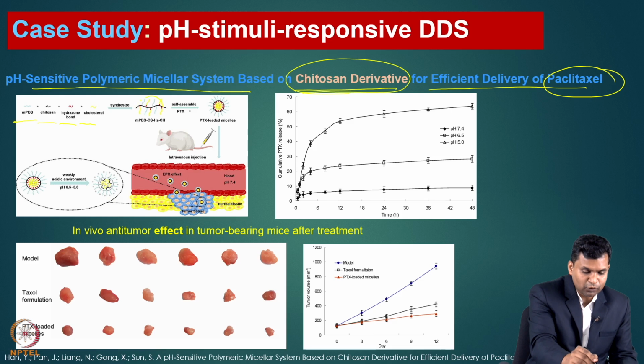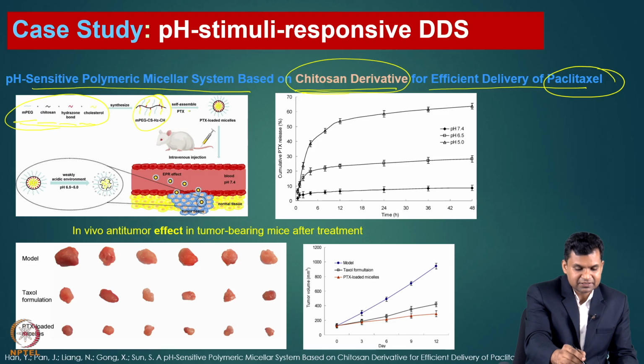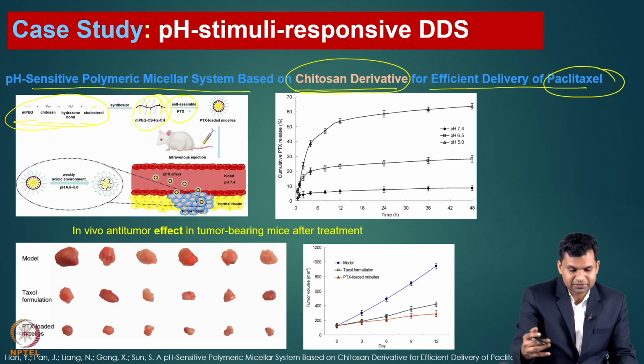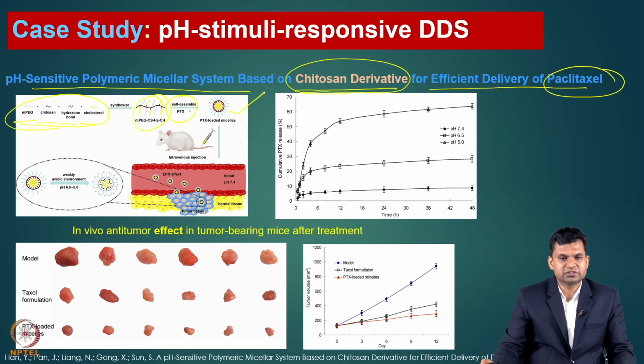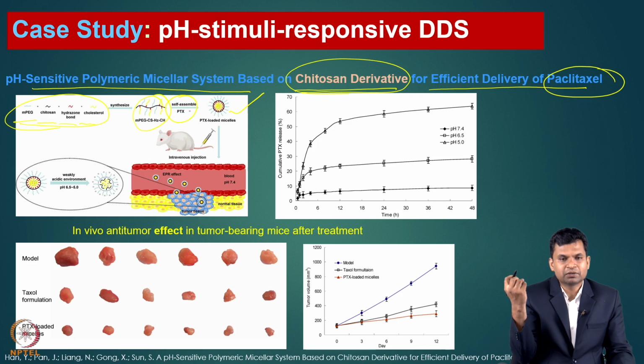So, once the polymer is formed, with all these raw materials, the scientists synthesized the pH sensitive polymer system. Then they added the drug, and by self-assembly it will form the polymeric micelles. Now, once it is administered to the body, based on the pH stimuli as well as the passive targeting, your micelles will reach